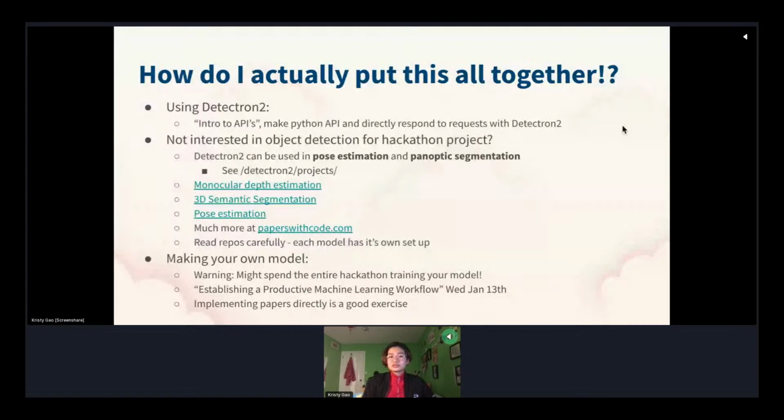On their GitHub repository in their project section, they have a ton of examples. Some of the most interesting ones I've seen are pose estimation and panoptic segmentation. So if you're interested in those, check them out. Pose estimation is when they draw a line through the people's bodies, always good for one of those improve-your-dance or improve-your-workout-form type of hackathon projects if that's what you're interested in. Some other models if you're interested in computer vision outside of object detection for your hackathon project,